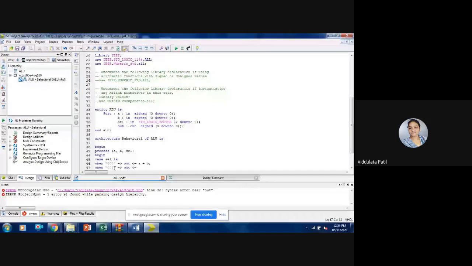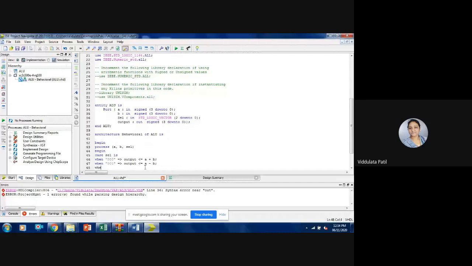What did I use here for the output? OUT. But this is a keyword in VHDL, and as we know, we cannot use a keyword as an identifier. So for any parameter we cannot use this keyword as an identifier. So here this should be output. We cannot use a keyword as an identifier anywhere, so I will have to change it here too. So this should be output, and then it is A minus B. Then next is when